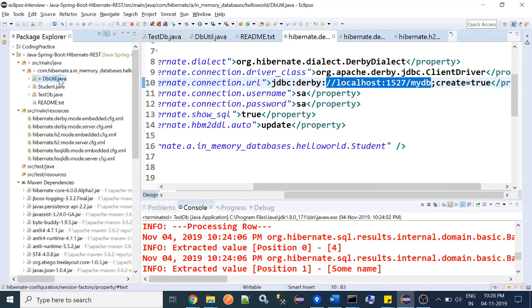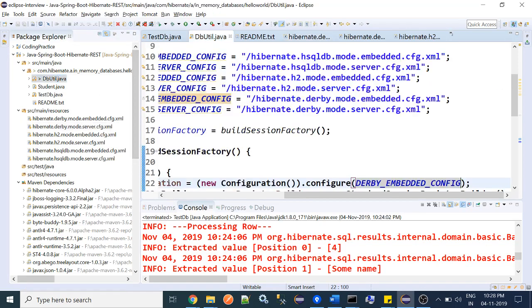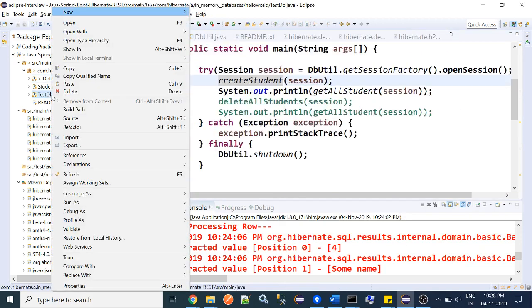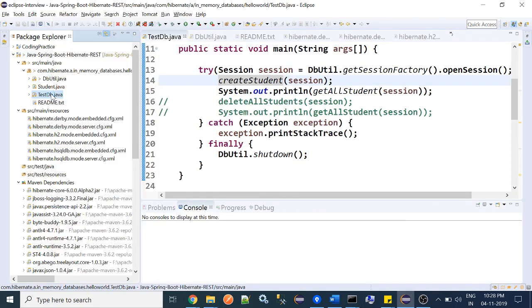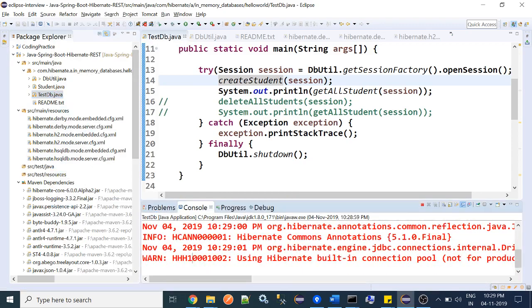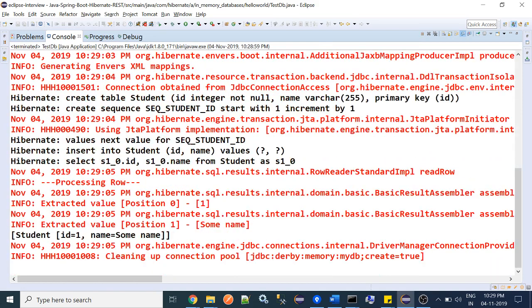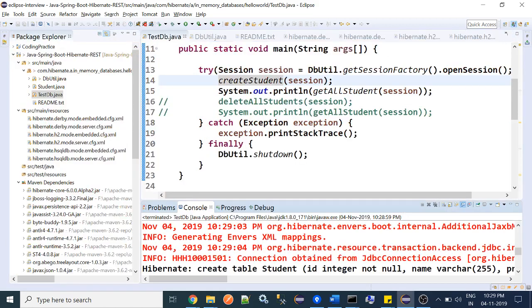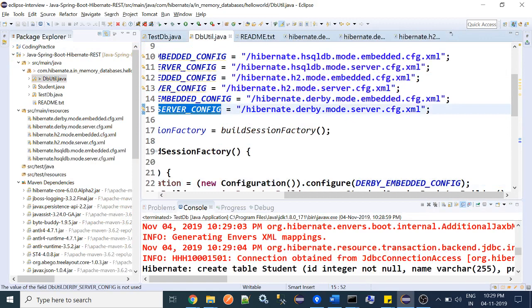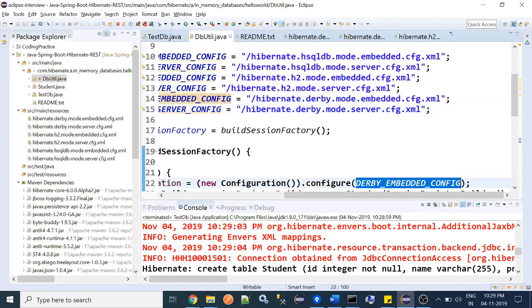If we have to now start testing, we have already replaced this in the embedded config, and we have to run this test file. So again, since we are creating only one, one student gets created and displayed. Now if we were to use this in client server format, we have Derby server config, and then we have to start the